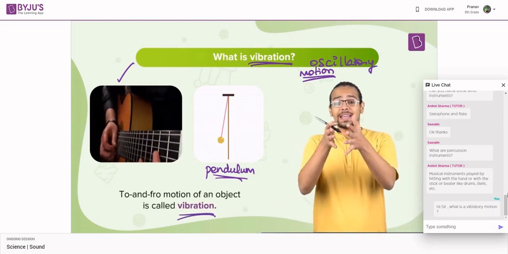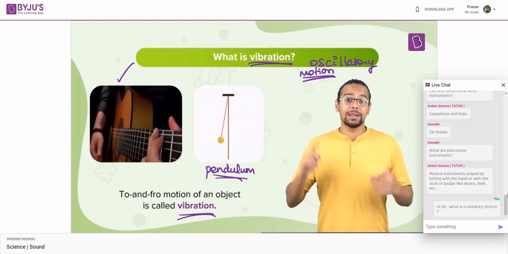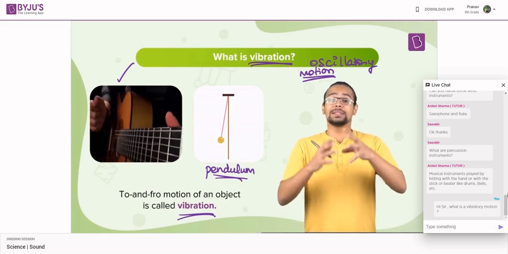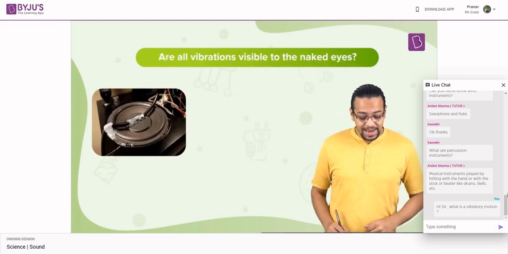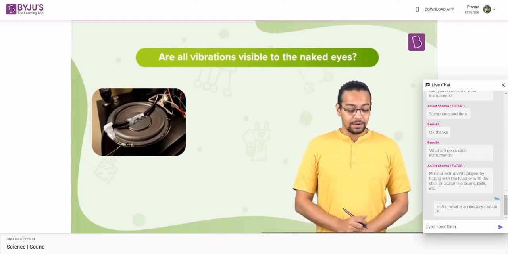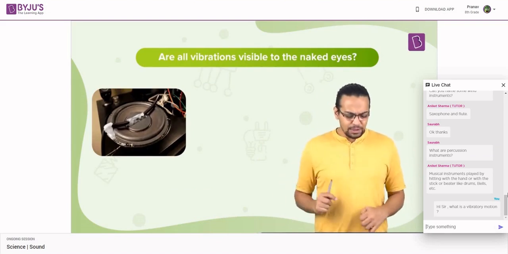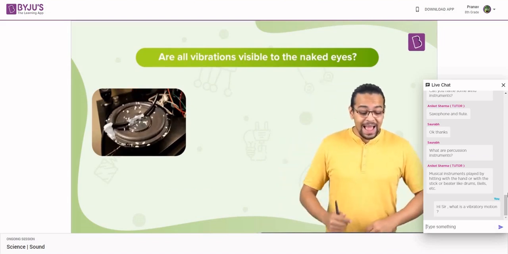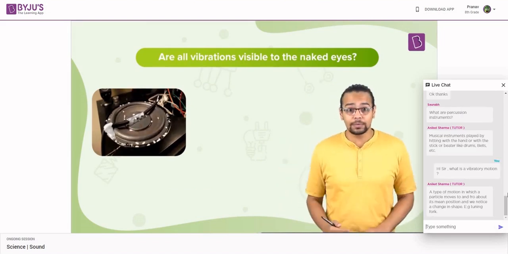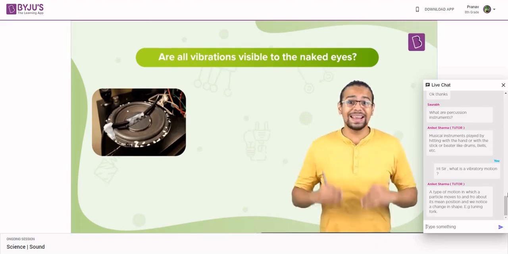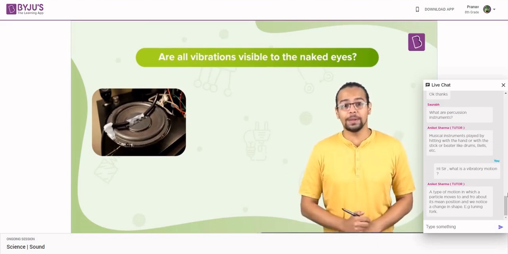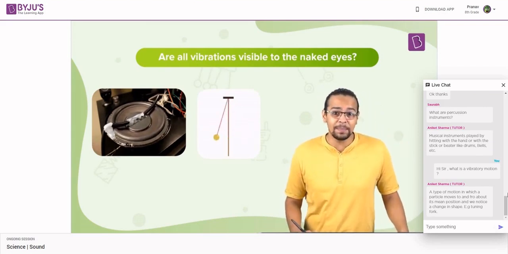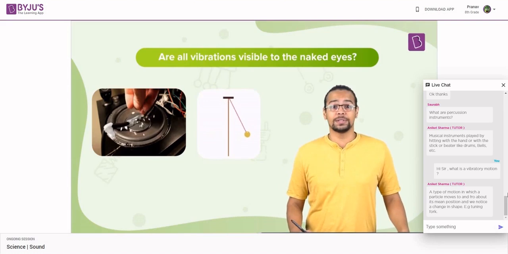And sometimes vibrations are very easy to observe, like in the case of a pendulum, but like in the case of the string, it's not that easy to observe. In fact, when you play sounds from a speaker, this is kind of what's happening on the speaker as well. Not the big motion, but there's some very minute motion that's happening there as well. And if I drop some paper pieces in there, I can actually see them fluttering about. Why? Because that motion is hitting the paper pieces and causing them to move as well. It's very similar to how a pendulum works. It's not exactly the same, but it's very similar.